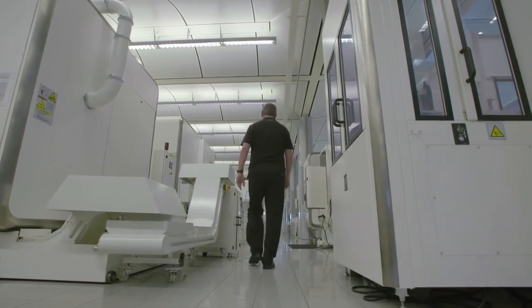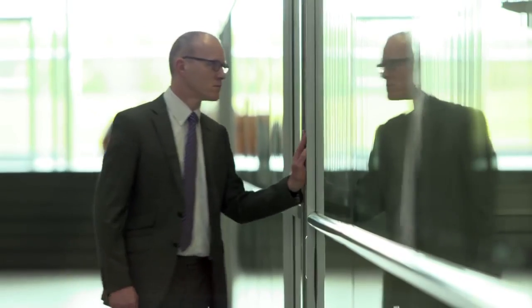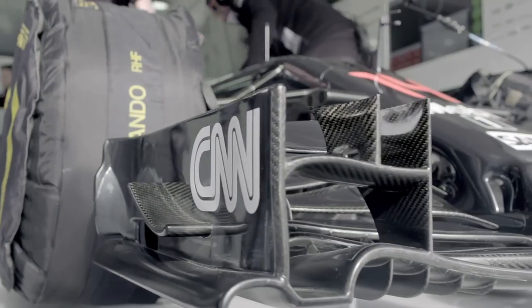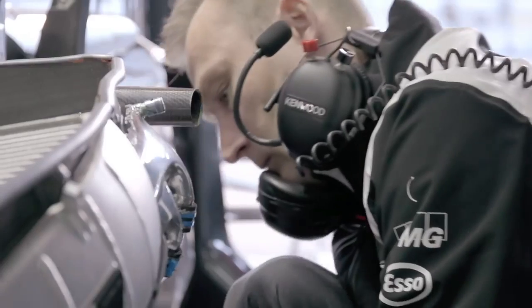ready to race. I'm the Operations Director in McLaren Racing. That means I'm responsible for all the manufacturing, supply chain, quality and logistics of getting the parts to the race team. So fundamentally, we turn the ideas from the design team into the reality of the parts of the racing car. In terms of parts actually manufactured to date, we've stored just over 49,000 parts and they're all available to